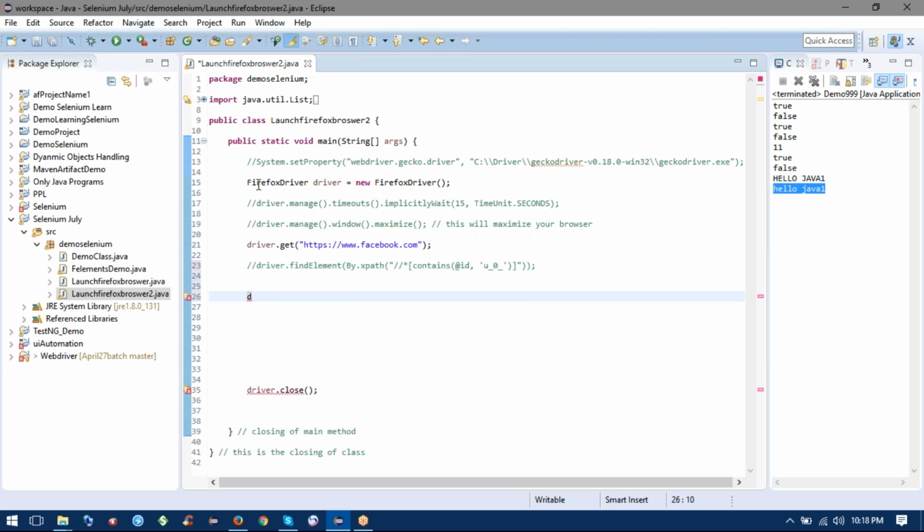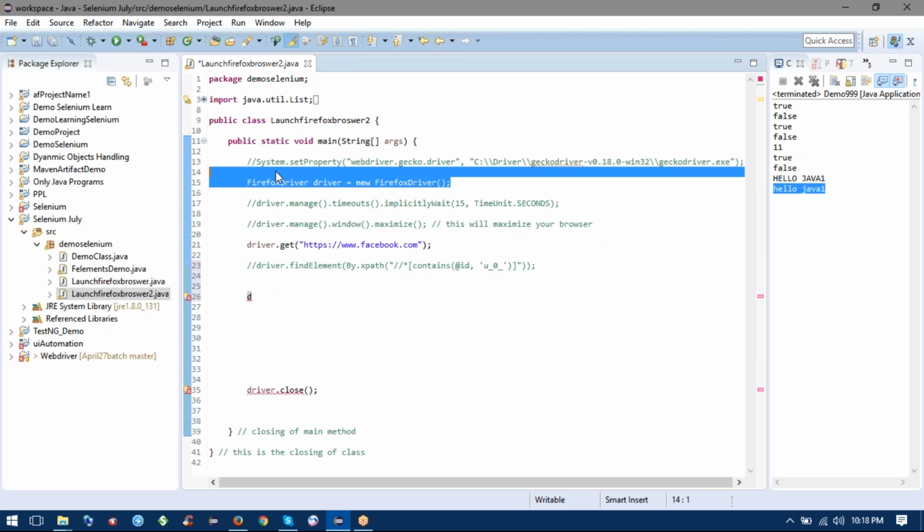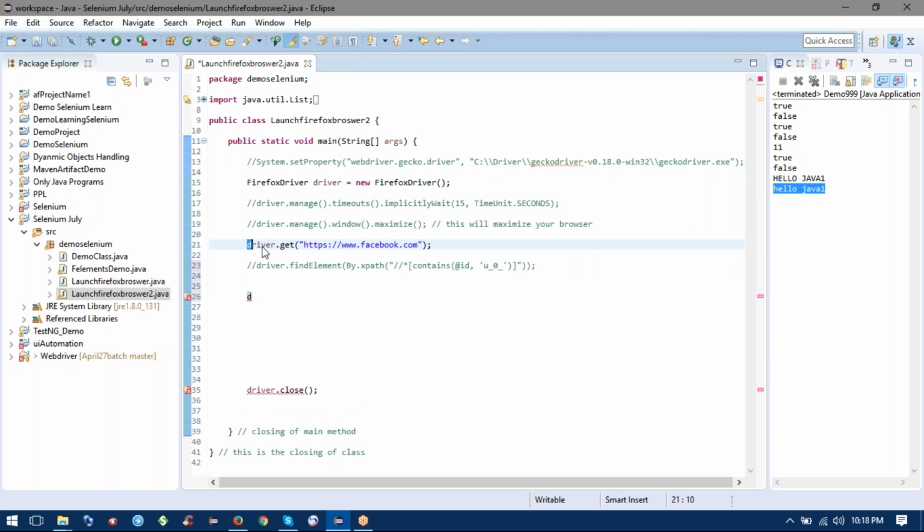You can see, Firefox driver is already created and Facebook has been launched, so I'm doing automation for Facebook. Driver.findElement and By.cssSelector, and in double quotes whatever the value I have written here I can pass,